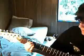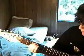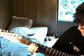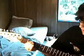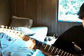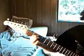Now the next thing you want to do is after you play that twice, you go up and you play that. After you do that, you go up to the 2nd fret again, and then open A string, then 5th fret, then back to 3rd, and then back to 2nd. So what you have so far is a